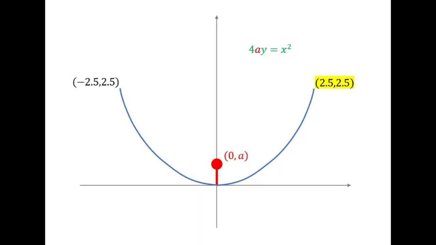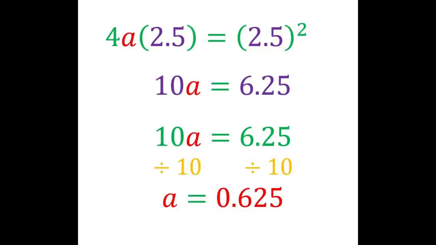So now I'm going to use one of the 2 points that I've named, and I'll use the one that I've highlighted, and I'm going to figure out what that a value needs to be. And let's see how that went. Oh, that's beautiful, isn't it? I evaluate with the x and the y value being exactly as I chose them. And I work it through, and as you can see, I get an a value that is